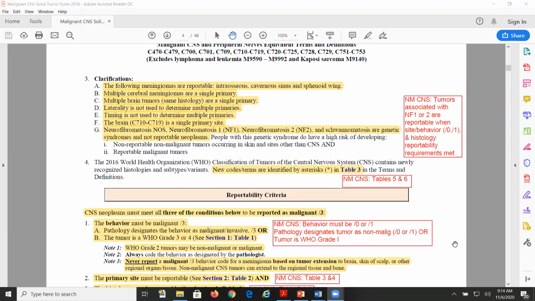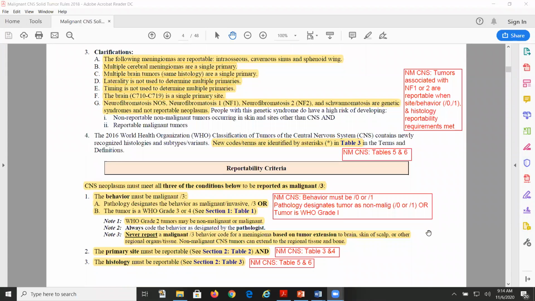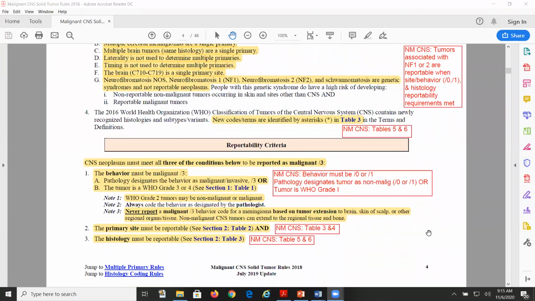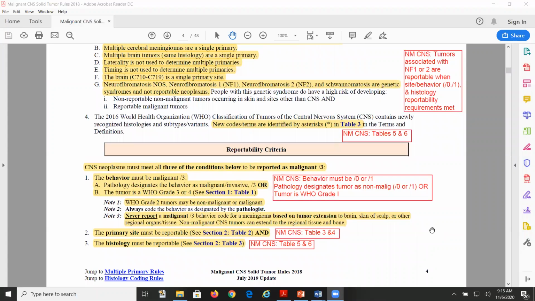Reportability criteria. CNS neoplasms must meet all three conditions to be reported as malignant. The behavior must be malignant/3. The pathology designates the behavior as malignant, or the tumor is a WHO grade 3 or 4. Now, WHO grade 2 tumors may be non-malignant or malignant, so you will have to assign the code as designated